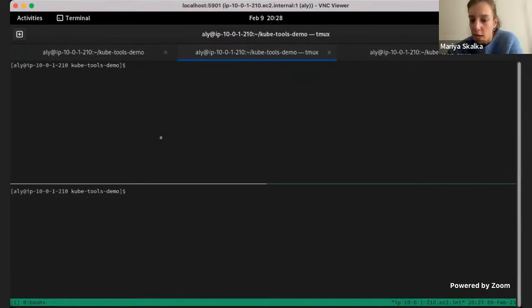Got it. Also, is Krew also supported under GKE? Under what? GKE. Right. Okay. Yeah. So Krew doesn't really care where you are running your cluster. It mostly cares about your operating system, if it's Linux, Windows, or Mac. The plugins you can see are already filtered by your operating system, so they understand your operating system and filter based on that.